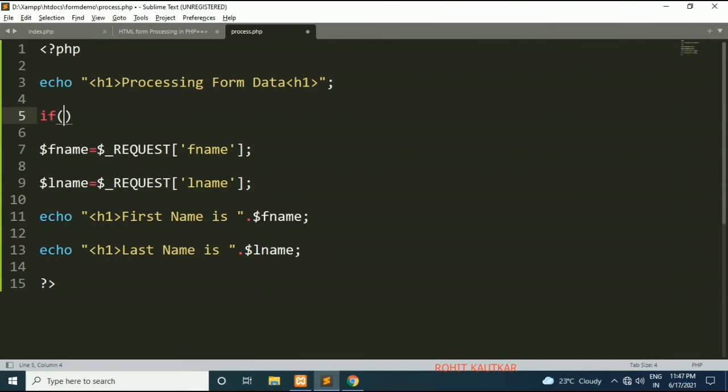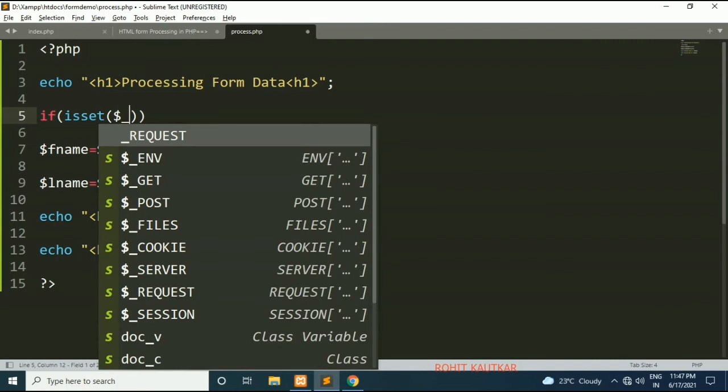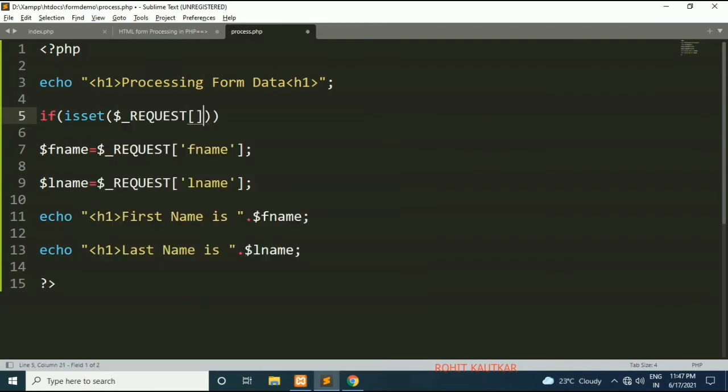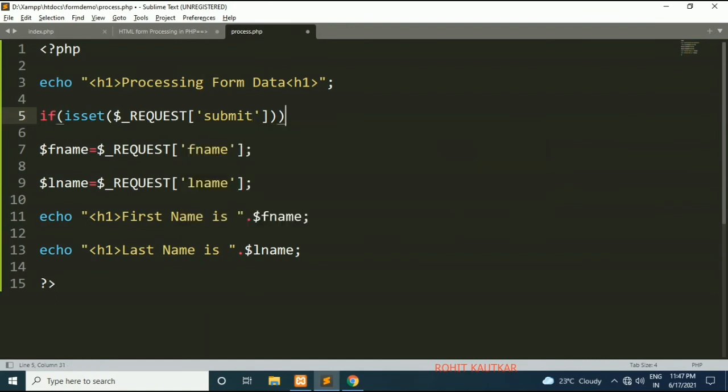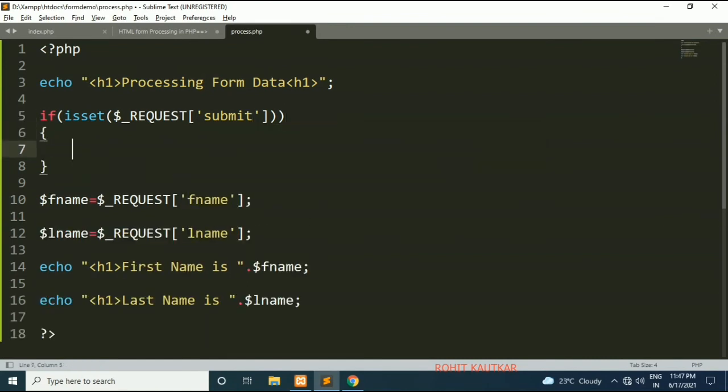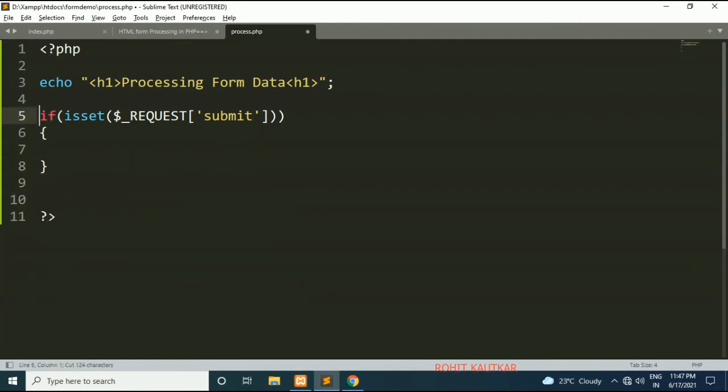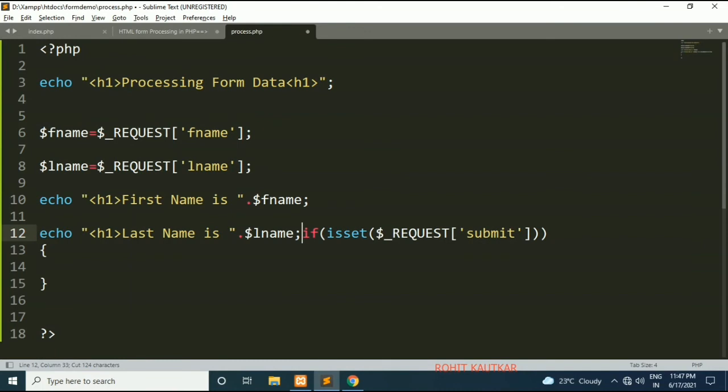If isset($_REQUEST), and I will specify here the name of the submit button like this. If the value of the submit button is set, it means the form is submitted and we can process the form.